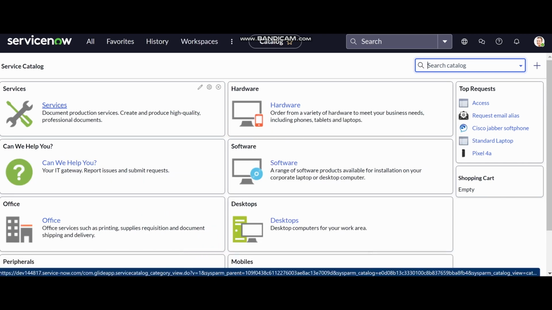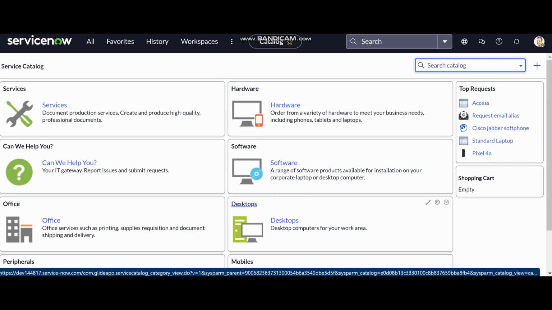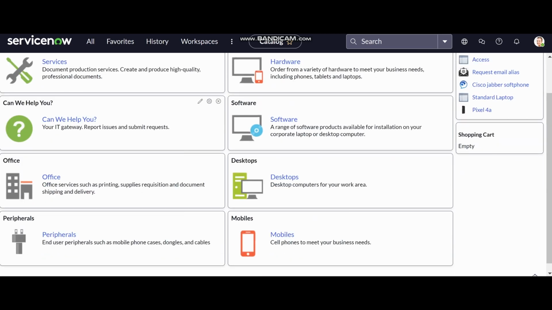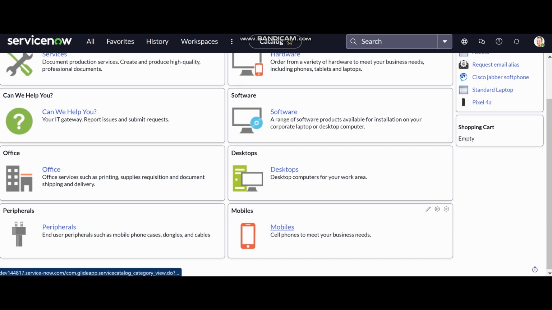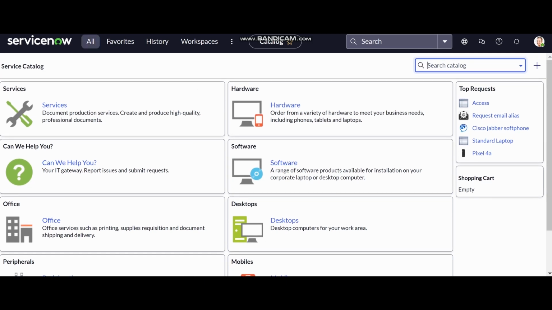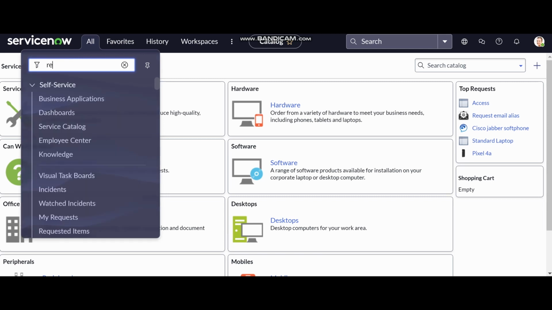You might customize it to be under service, or where can you be of help, the office, and all those types of things. But since this is a free version, you're not gonna see that. So it's very important that you understand where you can go in a customized version of ServiceNow. There's just a lot of things that you can go to here. Under your catalog, you might be looking at your mobile, at the desktop, or at the software, or anything. But for you to get to request, we need to go out here,